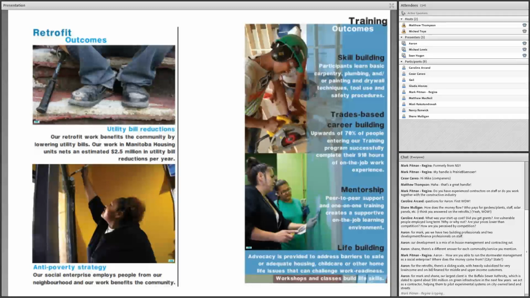So on the slide you see here, we talk about utility bill reductions. We've had a very strong partnership with two Crown corporations. One of them is Manitoba Housing, which is the largest property owner in Manitoba, the province that we're from. They're our public housing organization. And we have an excellent partnership with Manitoba Hydro, our electricity utility, and they've developed strategies over the years